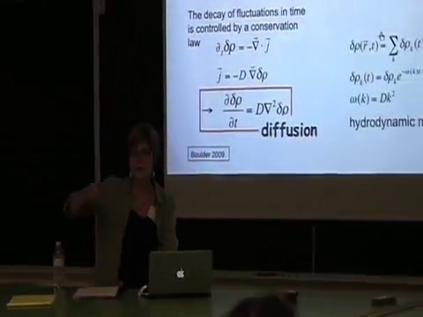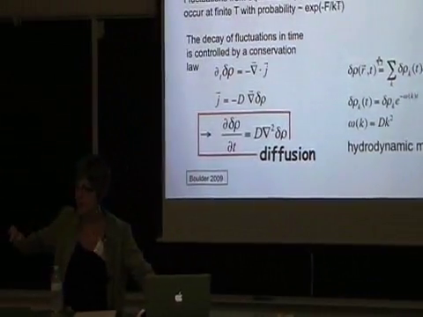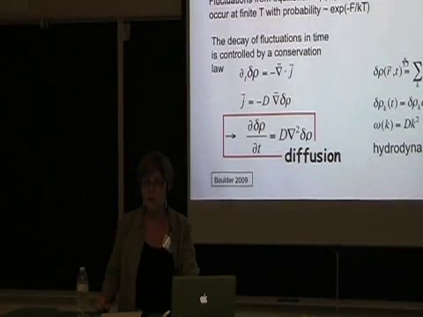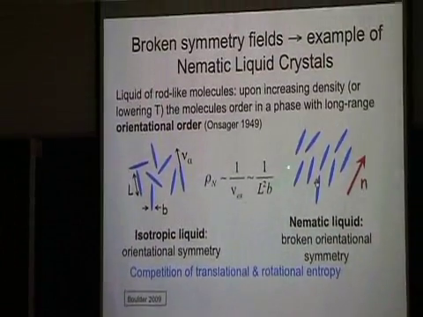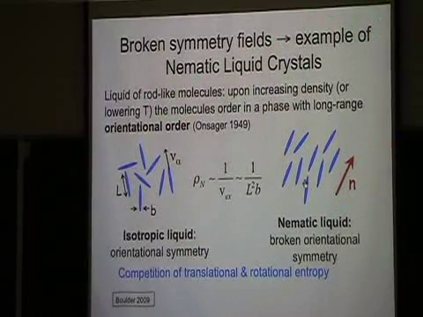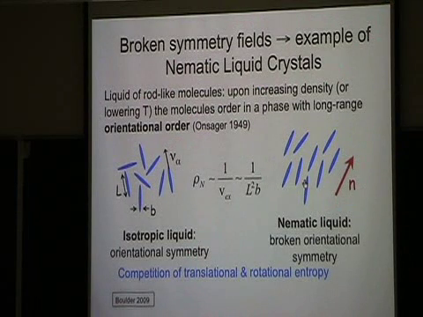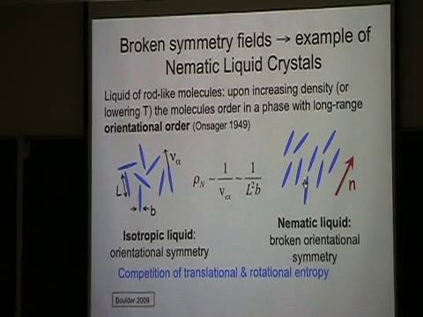Now, the systems I'm interested in are made of these rod-like objects, so they can also order into states with orientational order. So they are systems that will exhibit broken symmetries. Now I want to give you an example of a broken symmetry field. Again, this is an example from equilibrium, and the simplest example I can think of is the orientational order in a nematic liquid crystal. And since I'll be describing what I've been calling living liquid crystals, the nematic liquid crystal example will be very relevant to what I will be talking about.